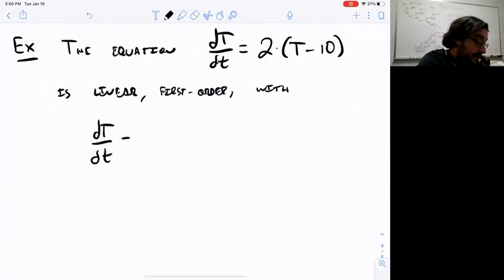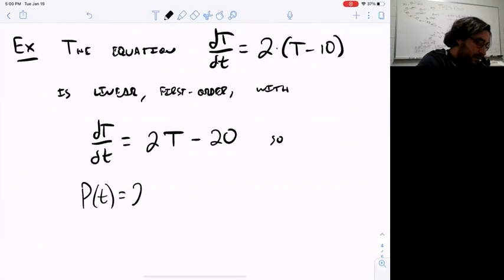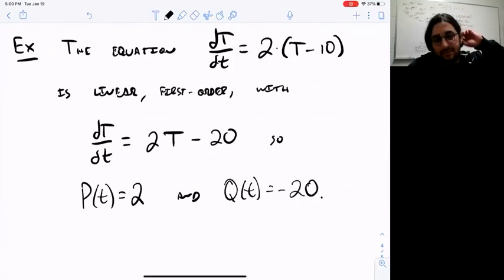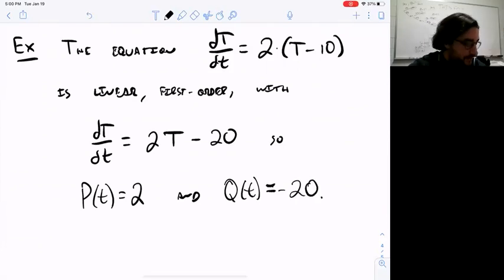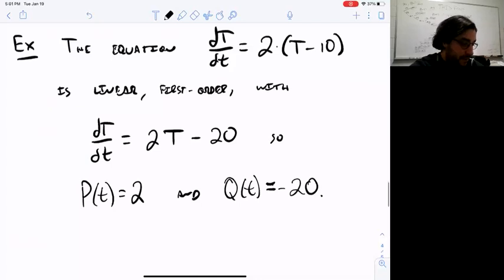Because you can expand out that 2, so we have 2t minus 20. So p of t in this case is just 2, and q of t is minus 20. Right? So that's the reason this is considered a first order linear differential equation. Now, from here, I